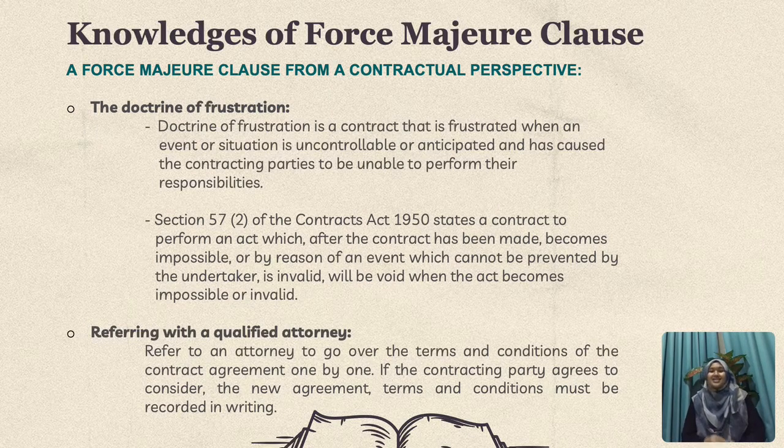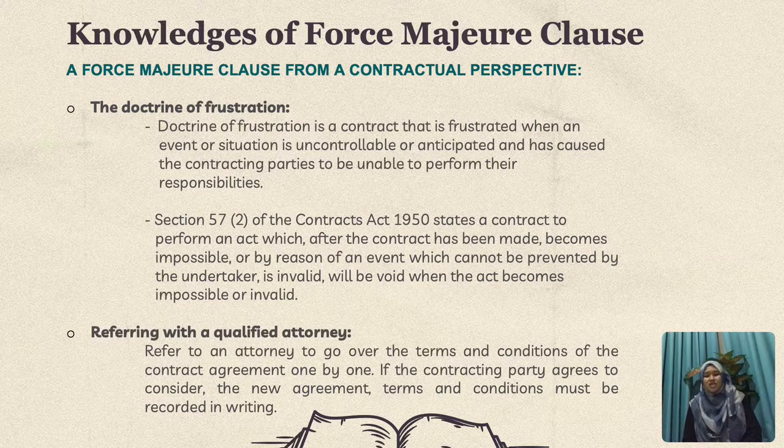Secondly, the contracting parties can refer to a qualified attorney, to go over the terms and conditions of the contract agreement one by one. If the contracting party agrees to consider, the new agreement terms and conditions must be recorded in writing. This new agreement must be written in order to ensure that the rights of the contracting parties are protected, and